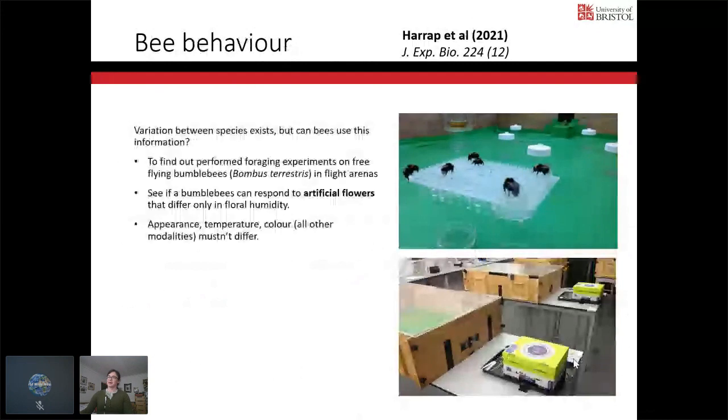So we know there's variation in floor humidity on flowers that bees might visit. So now we need to find out whether generalist pollinators, such as bees, can make use of floor humidity. And to do that, we use these captive bumblebees in these flight arenas. And we see whether bees can respond to artificial flowers that produce a floor humidity cue comparable to